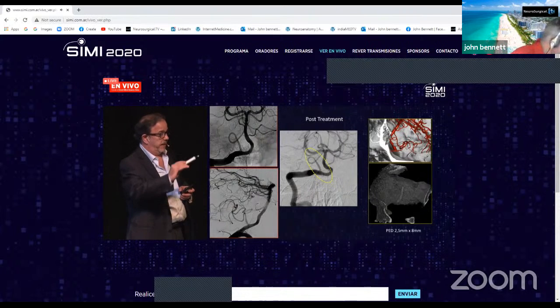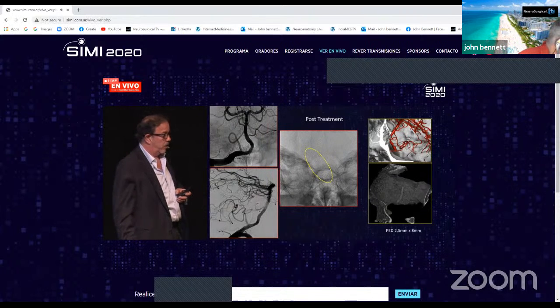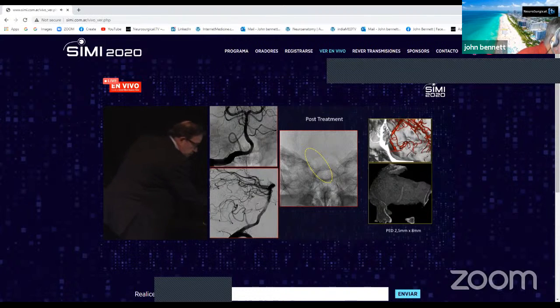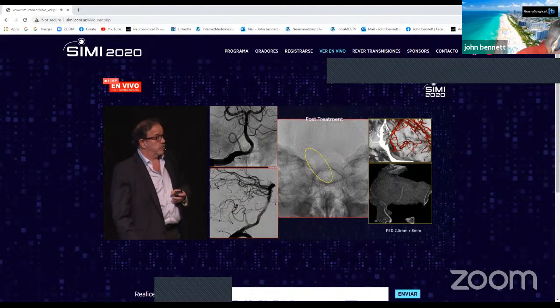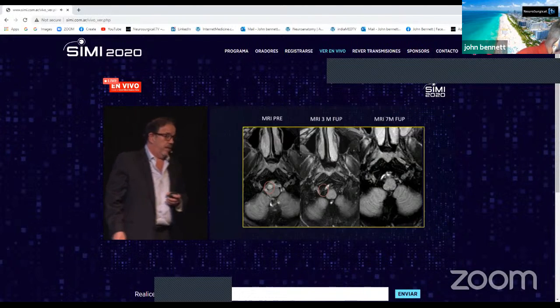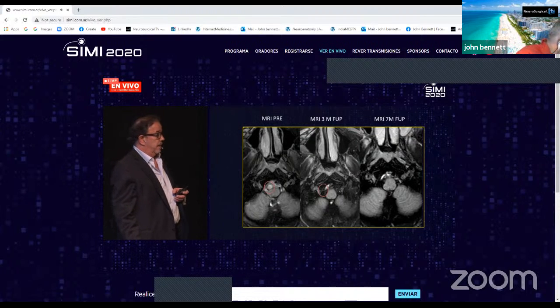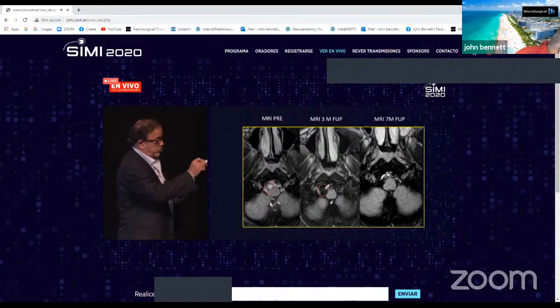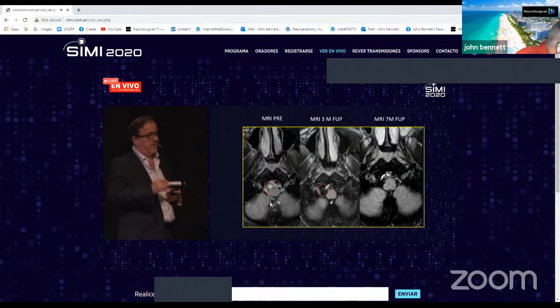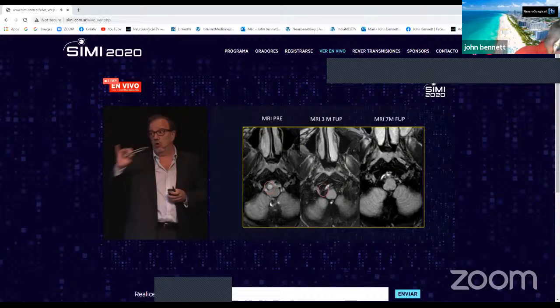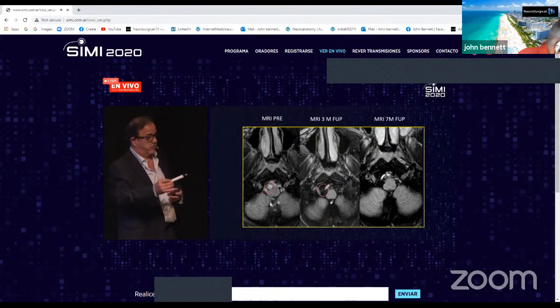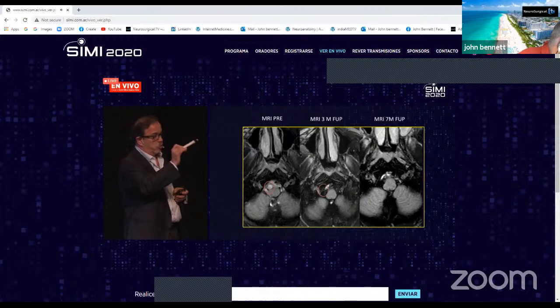y cubriendo ese pequeñito pseudoaneurisma disecante que había provocado la hemorragia subaracnoidea que habíamos visto en la tomografía, en este caso con un Pipeline. Y tenemos ahí el post-tratamiento en la angiografía, en la sustracción digital. Y lo más interesante aún es ver en la resonancia magnética cómo se ve el hematoma, el trombo de la pared del aneurisma disecante en la resonancia pre, y cómo ese trombo, después de colocar el diversor de flujo, se reabsorbe y está completamente reabsorbido en la resonancia a los 3 meses y a